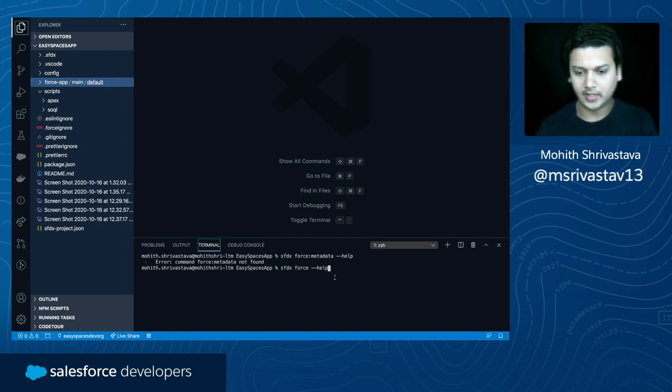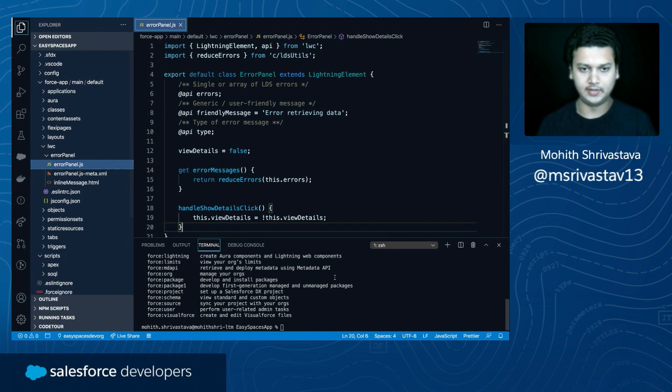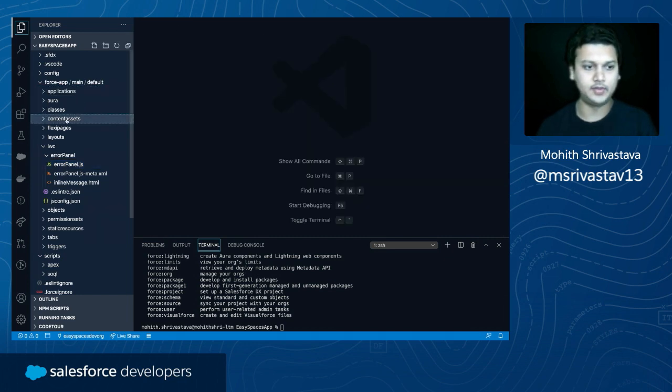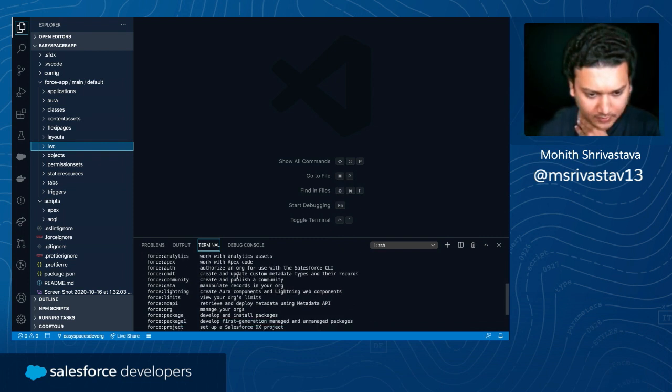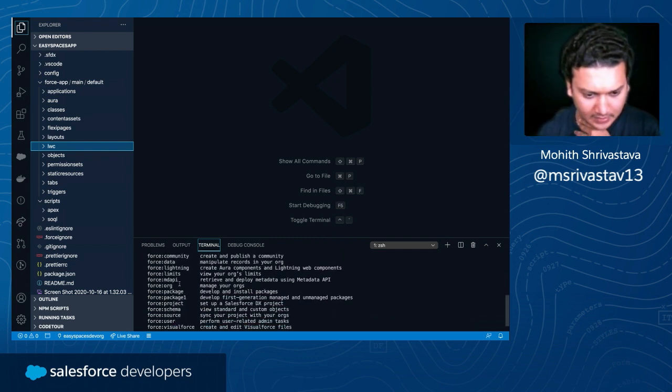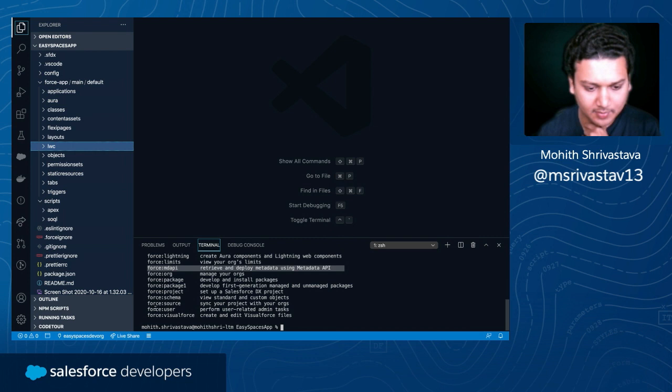So you can always do a help on the SFDX CLI, so that it lists all the commands. One of the commands that really provides a lot of capabilities is obviously the force mdapi commands, because this provides the ability to retrieve and deploy metadata. And there's also a command called force source, which does the same thing, except that force mdapi